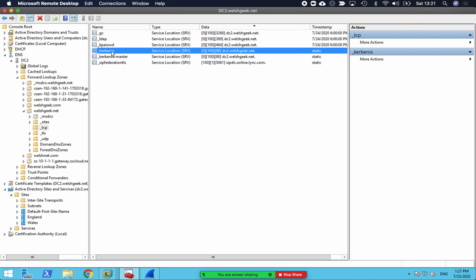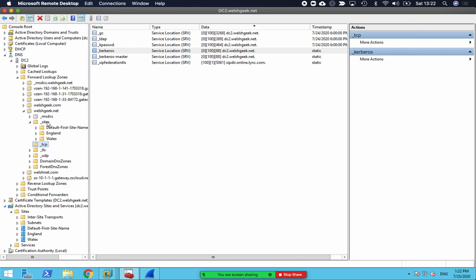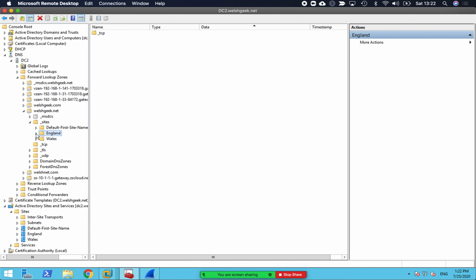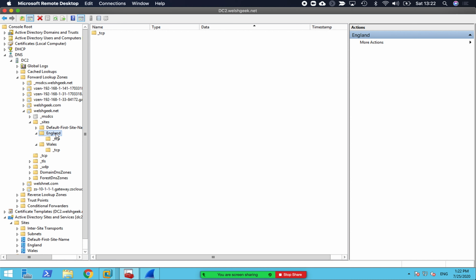And when you try to sign on, it will just randomly go and get one, or try and authenticate to any one of those that is available. Whereas Microsoft gives you this capability, it's the sites, and within sites we can define different sites. Here I've got one called England, and one called Wales. I can define a domain controller in England, which is DC2, and I can configure a different one in my site, Wales, which is called, when it comes up,